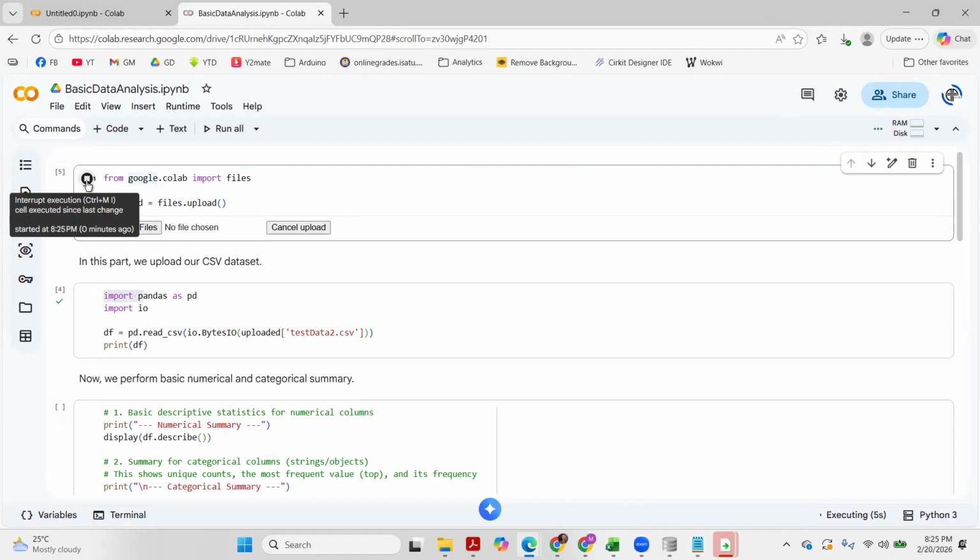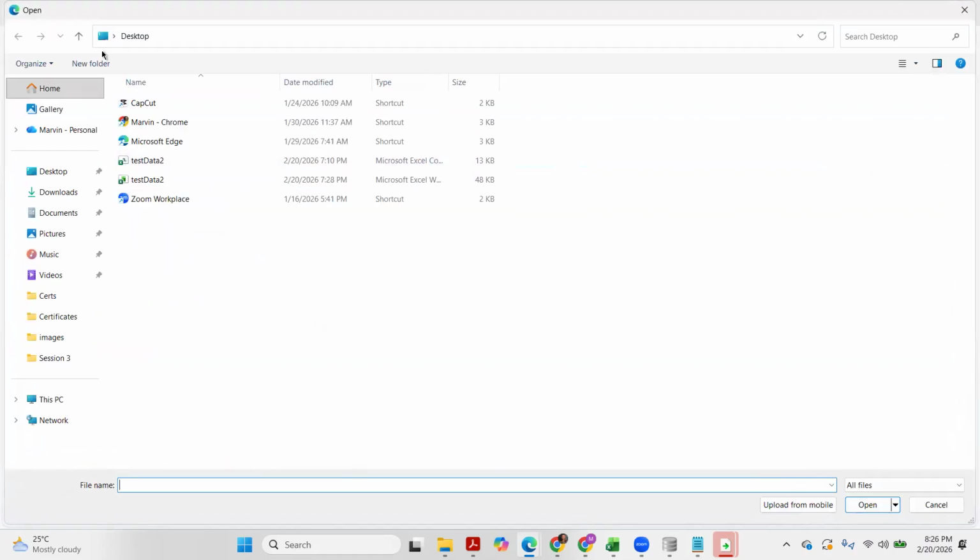Runtime is where our code is being compiled. Let's wait for a little while. And oh, okay. We now have the result, but as you can see, it's still in progress because it's waiting for us to upload our file. So we click this button and then we look for our file.